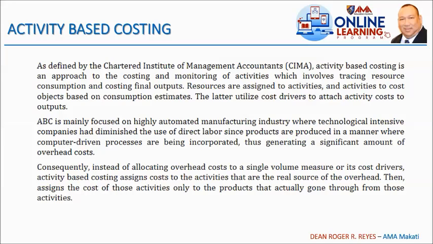ABC, or activity-based costing, is mainly focused on highly automated manufacturing industry, where technology-intensive companies have diminished the use of direct labor since products are produced in a manner where computer-driven processes are incorporated, thus generating a significant amount of overhead cost. So, with the introduction of highly automated manufacturing processes, na-replace ngayon yung manual direct labor ng machine. Pero, meron din siya tinatawag na overhead cost. Hindi lang siya labor cost in terms of manual labor, but also overhead cost in terms of the